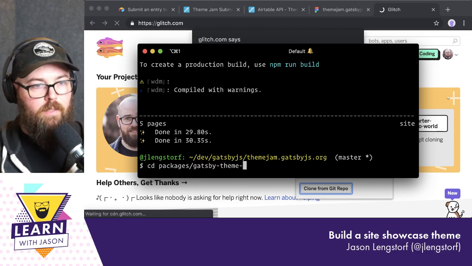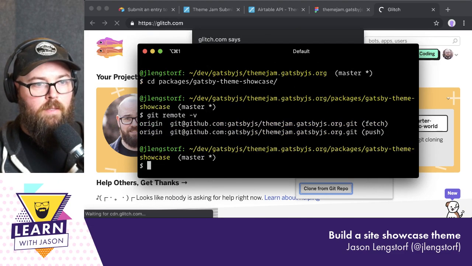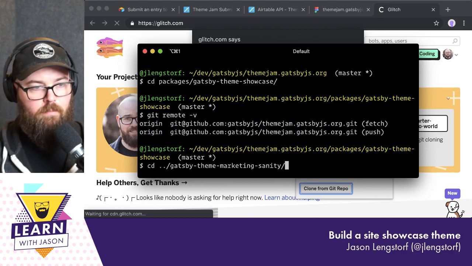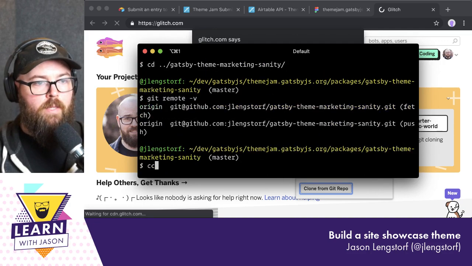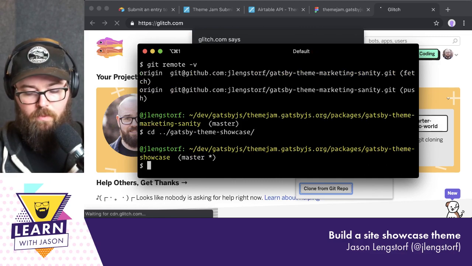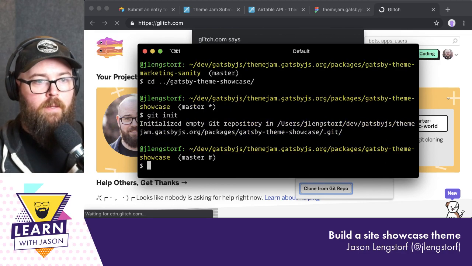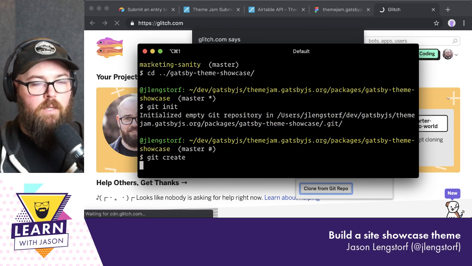Let's see. We want the showcase, and let me see if I've got this. All right. So this is the other one, the Gatsby theme. Okay. So I just set this up as a different thing. So let's go into Gatsby theme showcase, and I'm just going to create a new repo, and then I'm going to create this repo that's going to go up onto GitHub,